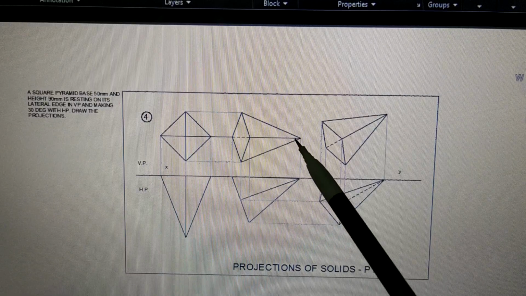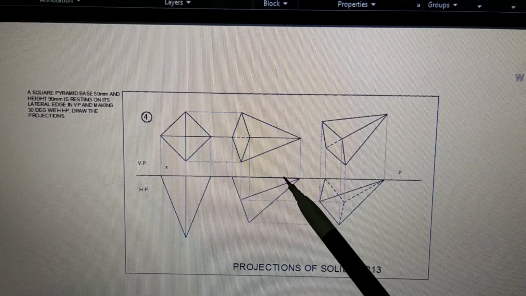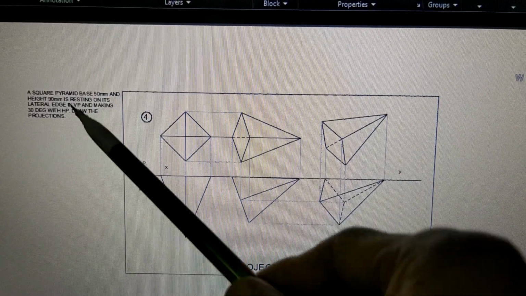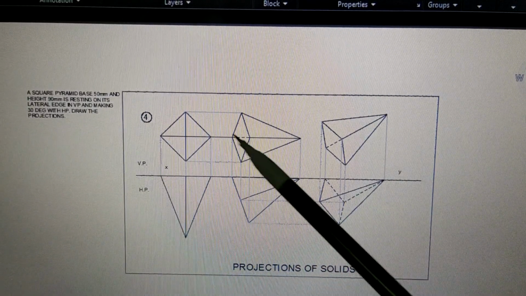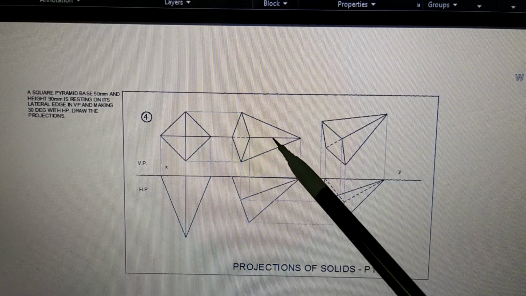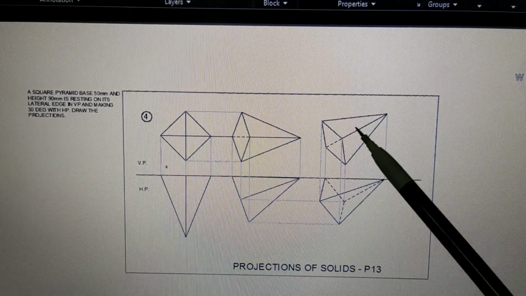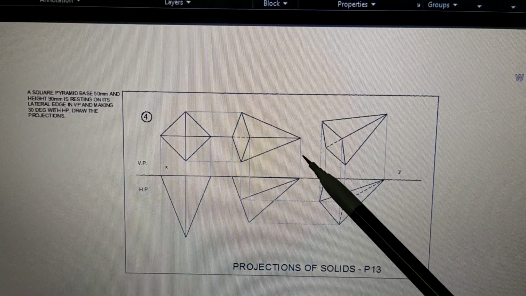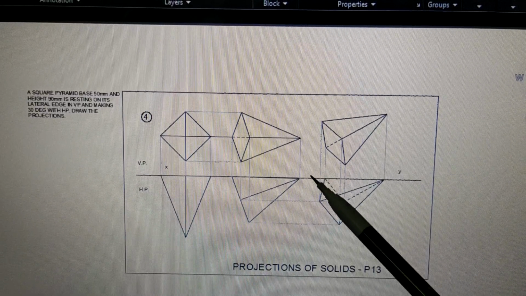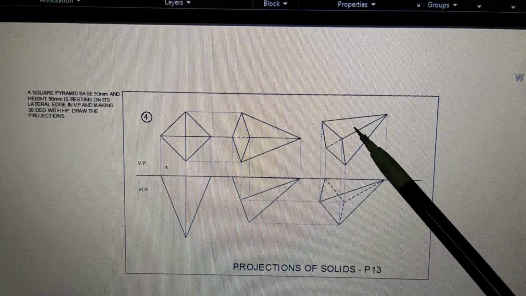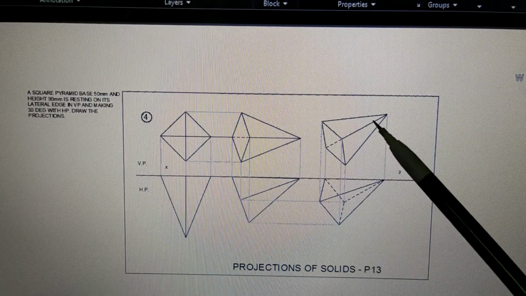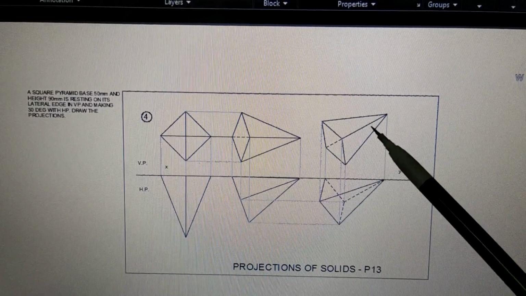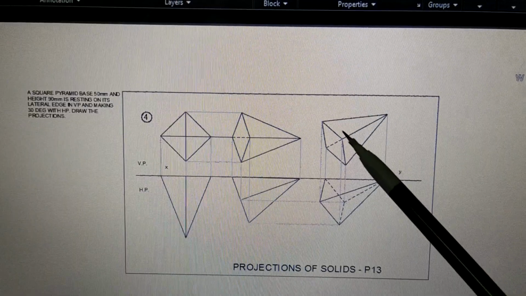Right now this line is parallel. Here also it is parallel. So this is the true length of the line. If this is the true length of the line on which it is resting, and it is making 30 degree with HP, that means there is no locus here also. So this line you draw as it is, and this line is making 30 degree with the HP. So this angle is 30 degrees, and you repeat this figure by drawing this line at 30 degrees, and this line is taken as the line on which it is resting. So repeat this figure. So now we have got the fifth figure.